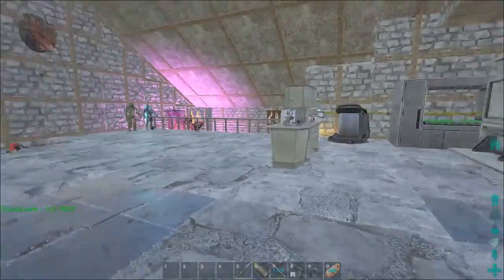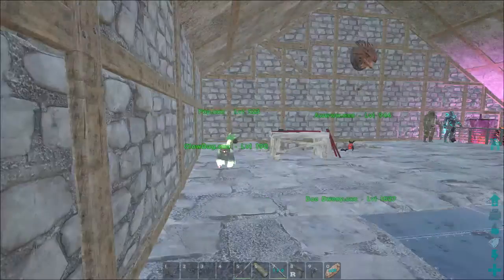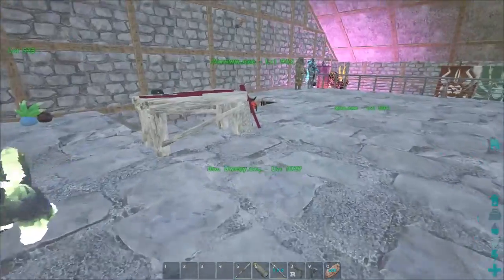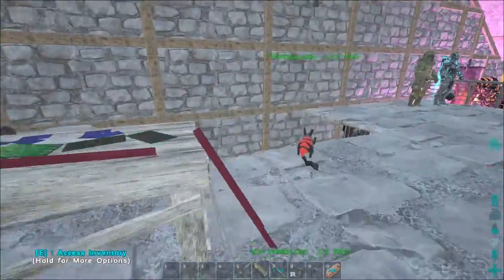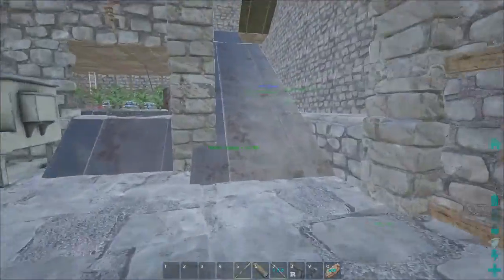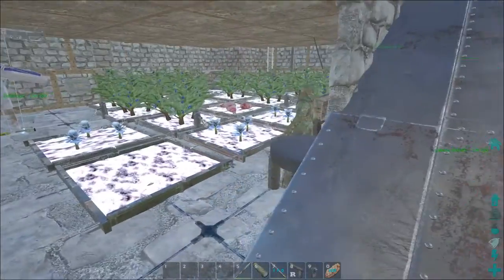I'm gonna check. Chemistry bench. Yep. What are you? Oh, that's a beta monkey. Right. Globak.exe. So game.exe is one of the guys slipping around here as well. Then we have